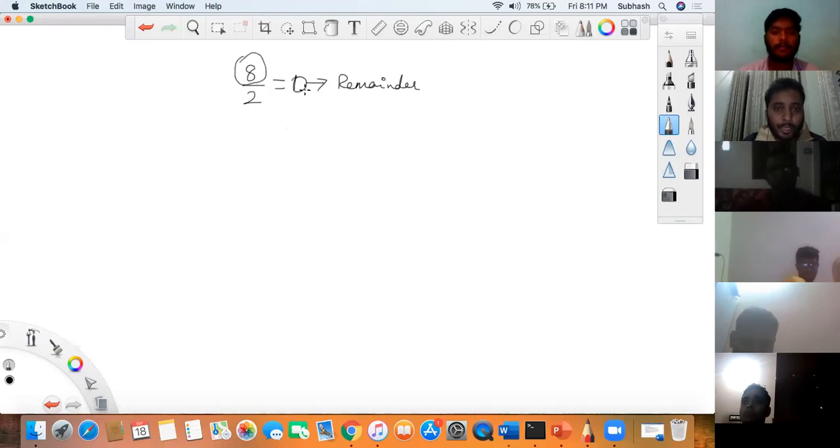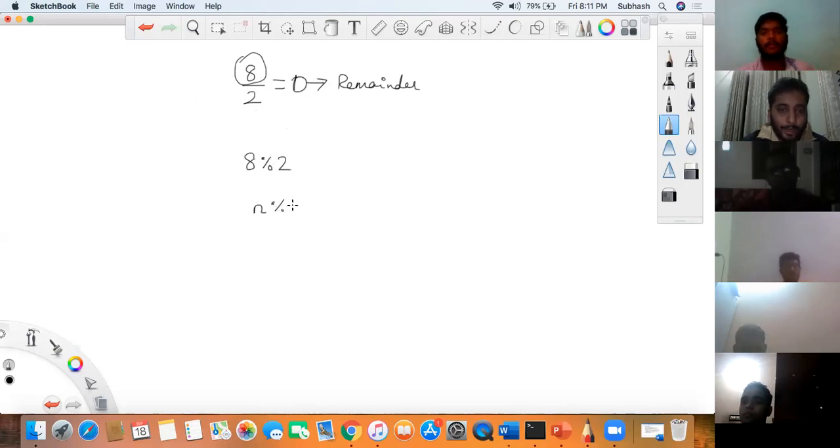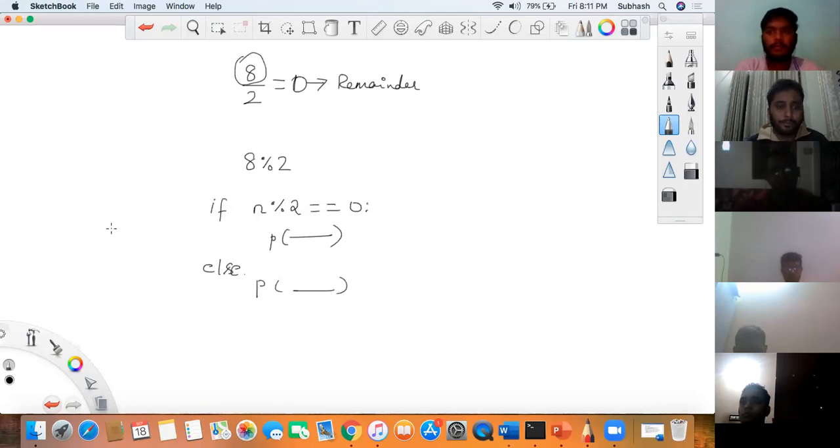So how do I do that? How do I get the remainder in Python? Ask yourself which operator to use. This is generic, right? We know that the mod operator is there to find the remainder. Therefore, if the number, whatever you enter through the keyboard, when I divide it by 2 and the remainder is equal to 0, so if n mod 2 equal to 0 colon, then print it is even. Or else clause, print it is odd, something like this. Yes or no? Simple program.